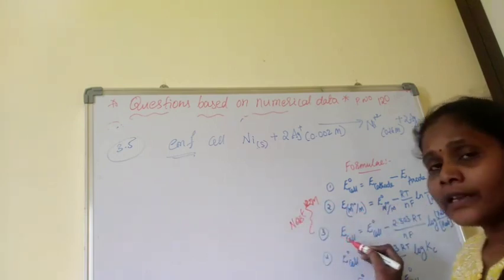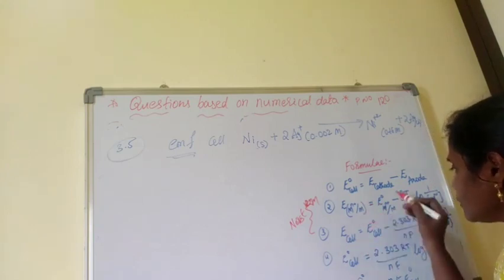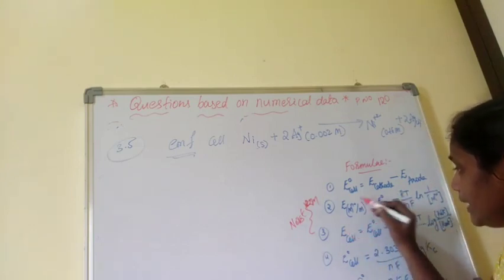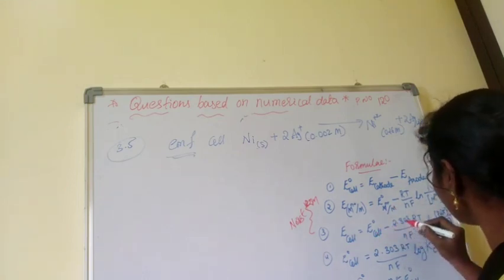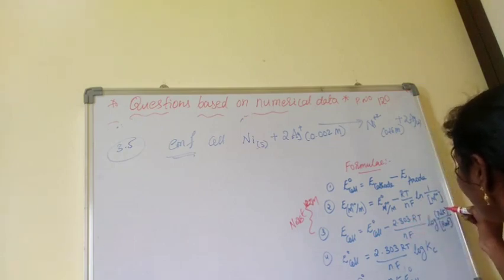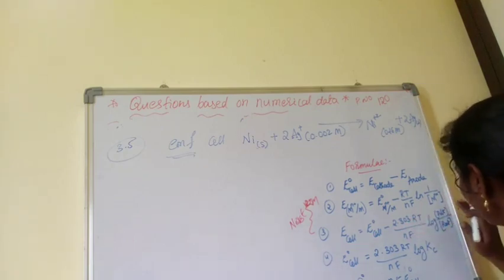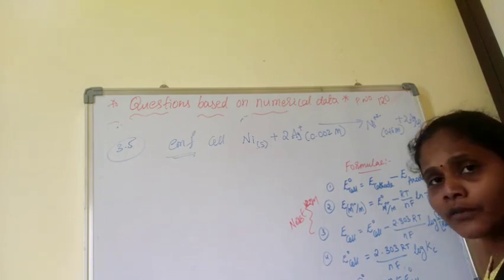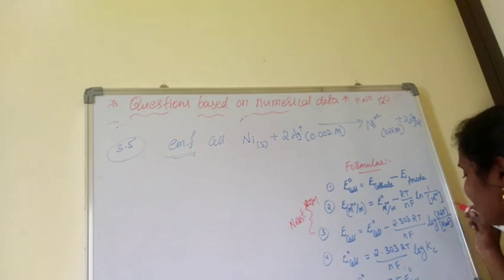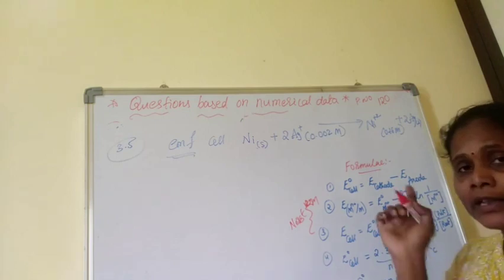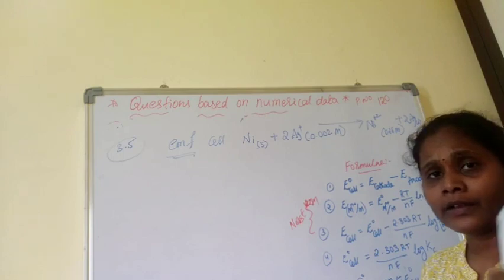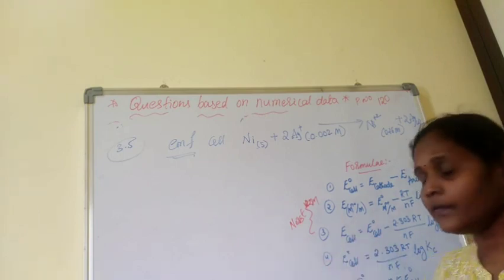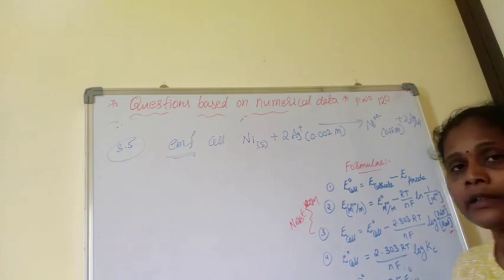Now, E cell can be calculated the same way as the half cell; it looks almost the same. Here, E cell is equal to E naught of the cell minus, and here I have expanded further with the log, 2.303 RT by NF log of product concentration by reactant concentration, or else as I gave you, C to the power of c, D to the power of d, A to the power of a, B to the power of b. I mean the reactant powers and product powers also you have to include in the Nernst equation. Again I repeat, the Nernst equation is not fixed for one chemical reaction. It will vary because the number of moles will vary, especially in these powers.